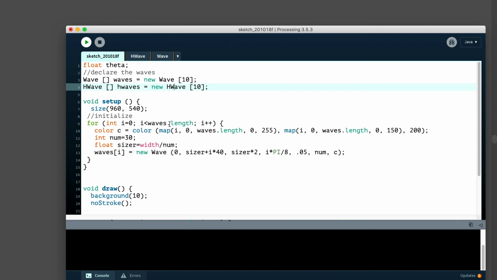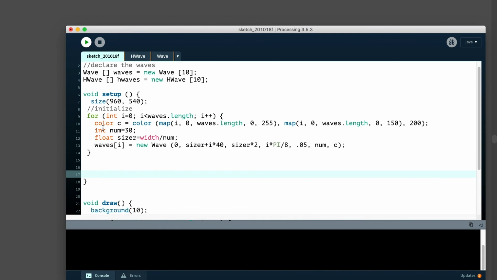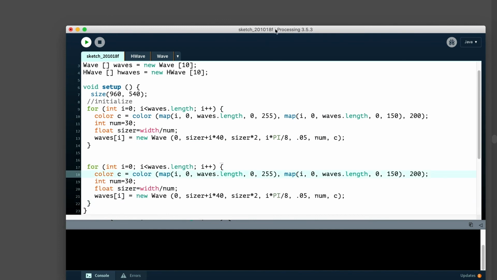Okay, so we'll do that, and if they were using the same length, we could probably put all this stuff inside of here. Maybe just to future-proof it, we'll change it so that they're actually separate.